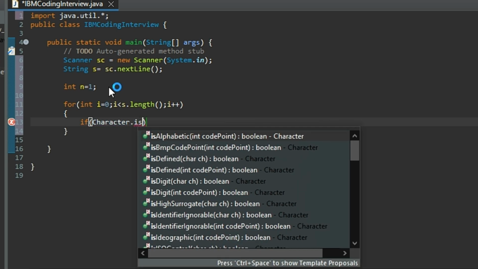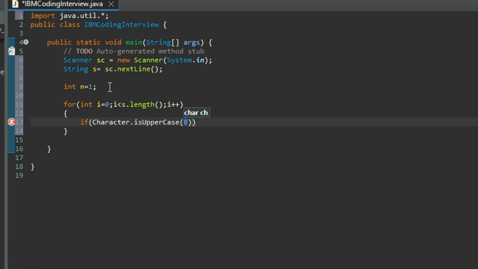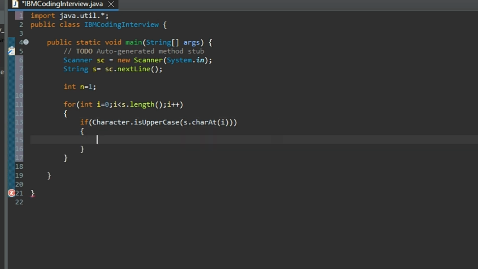Character.isUpperCase, and inside this I will get the current letter that we have, charAt(i). If it is true, then we'll do n++. That's it. So what we did here, we have a method called isUpperCase, which returns if, and sorry, it